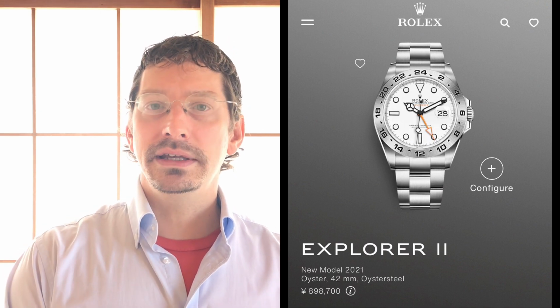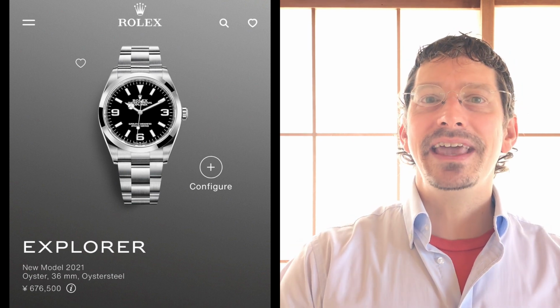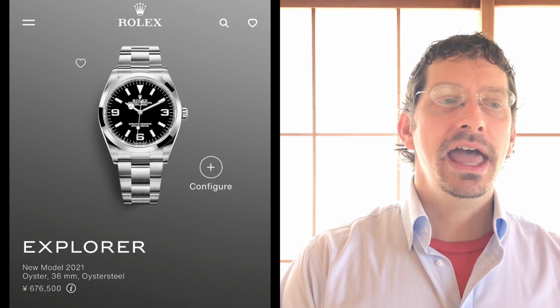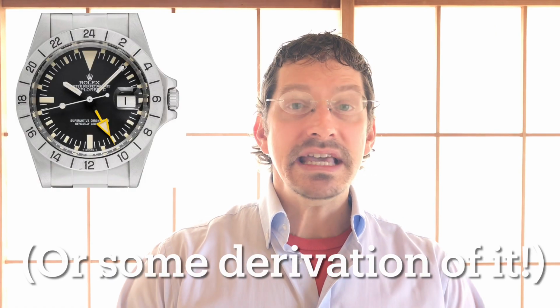And the whole point of this reversal back to the 36 millimeter Explorer is that they can revisit the past. And if you've ever hoped for a 1655, it's possible. All right, Rolex has demonstrated it is possible. If you've ever dreamed of a return to the pre-ceramics, it's actually possible. Now, do I think that'll ever happen in our lifetime? No, I think everyone walking the earth will be gone before we see a return to the pre-ceramic GMTs, but